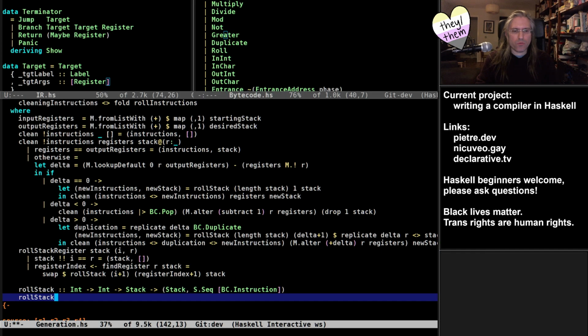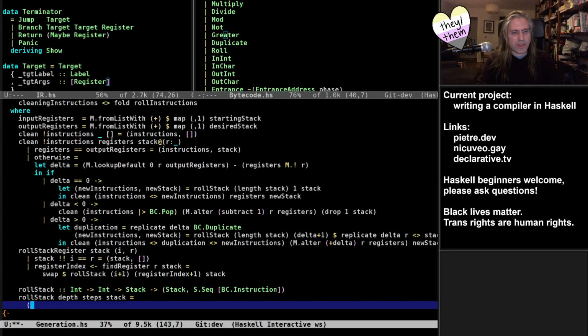And so roll stack is simply going to be, that one is somewhat straightforward, thankfully. So we have depth, steps, stack. And what we return, the new stack will be